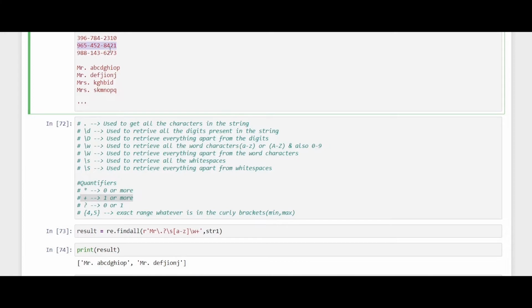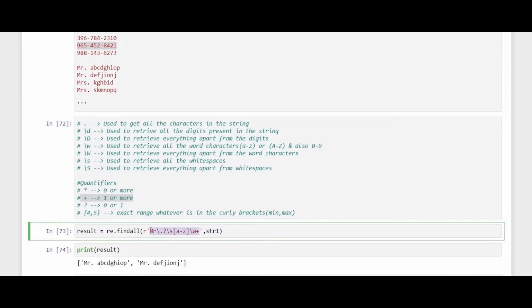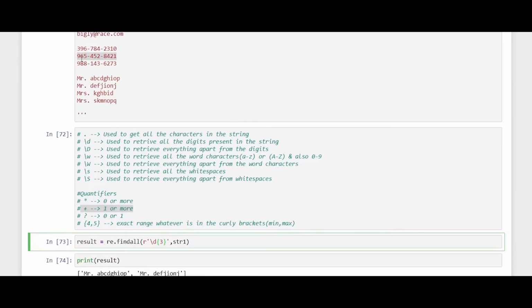In that case, what we will be doing is specifying this with slash d, then a particular number, so numbers with 3 and hyphen, slash d 3 and hyphen, slash d 4.